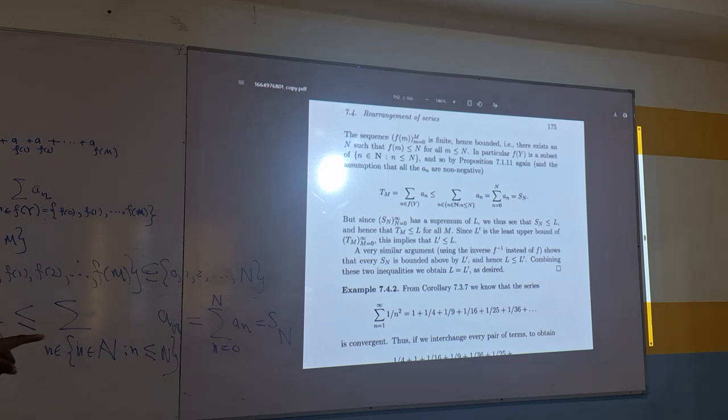We are going to use a very similar argument, and we are going to use the fact that L dash is a real number, which we obtained from the first one. Can you see what I am saying? Here, when you have